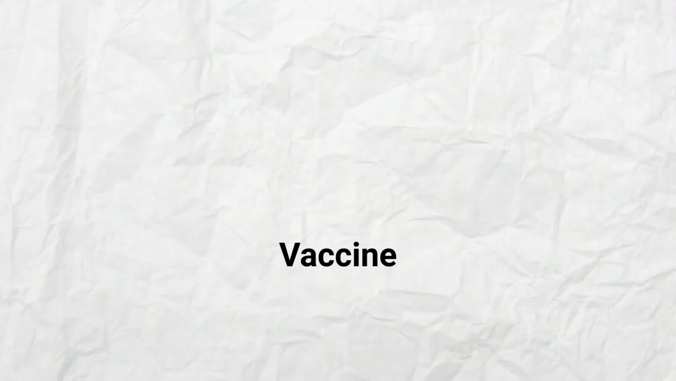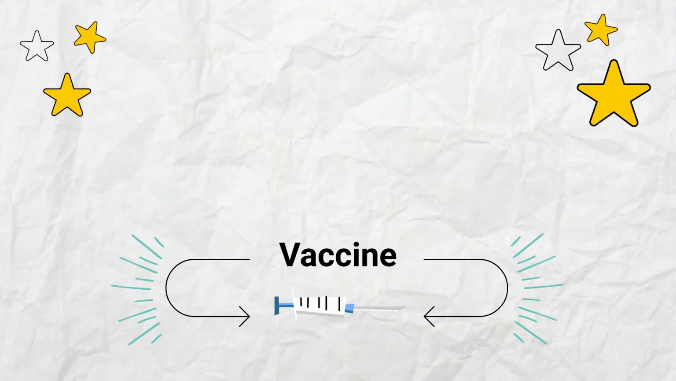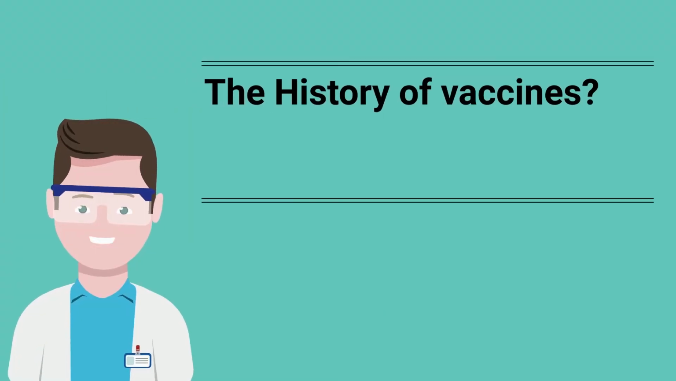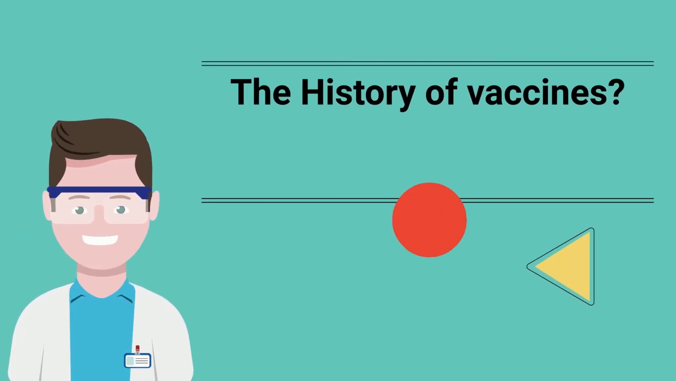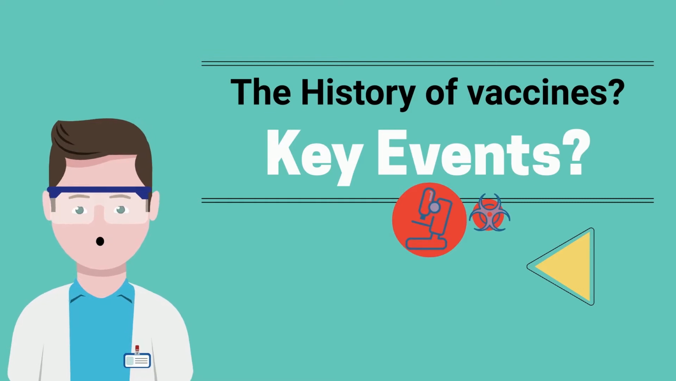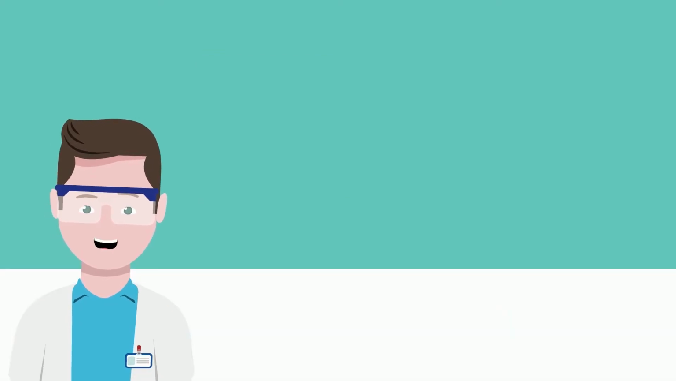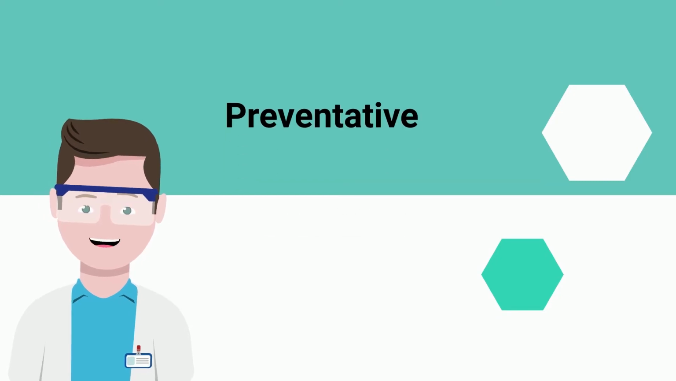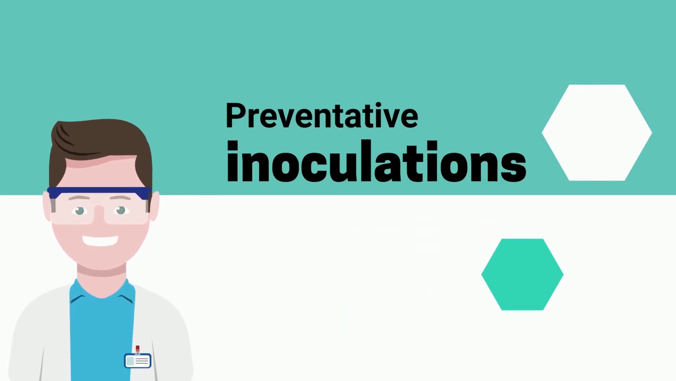A vaccine can confer active immunity against a specific harmful agent by stimulating the immune system to attack the agent. But do you know the history of vaccines? What were the key events to end up in the technology we use today? The main events in vaccine development are: the first mention of preventative inoculations in writing comes from the 16th century